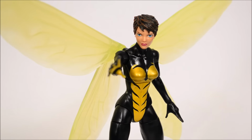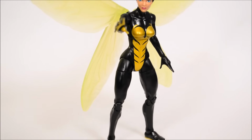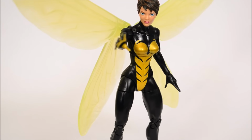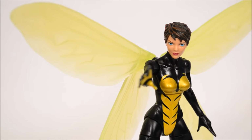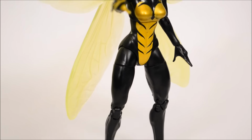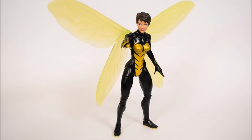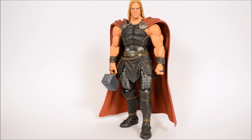Of the top 10 now, she's the only female figure that I've put in here. And for reasons of that, I mean, the Spider-Woman figure was great. She's a really good figure too, but you just can't pose that head properly, which causes a lot of problems. So she doesn't make the cut, but Wasp does for that reason. So let's move on. Coming in at number 6 is the Marvel Select Thor,